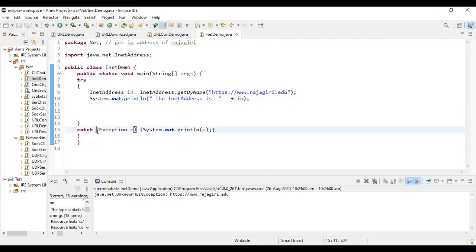I'll catch the UnknownHostException, catch UnknownHostException e.